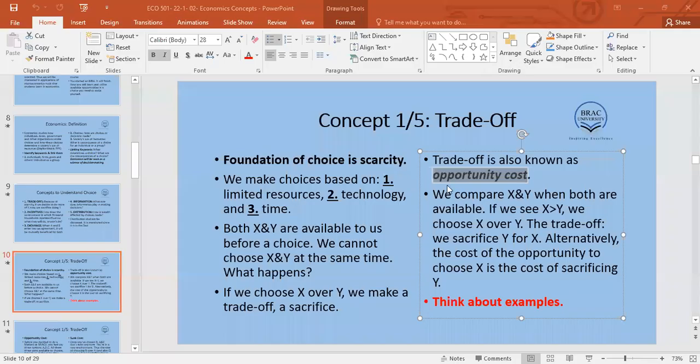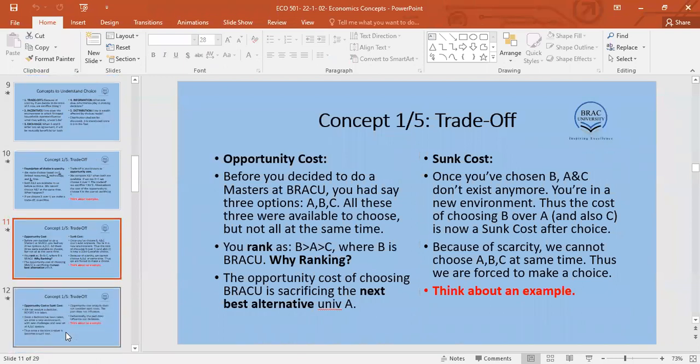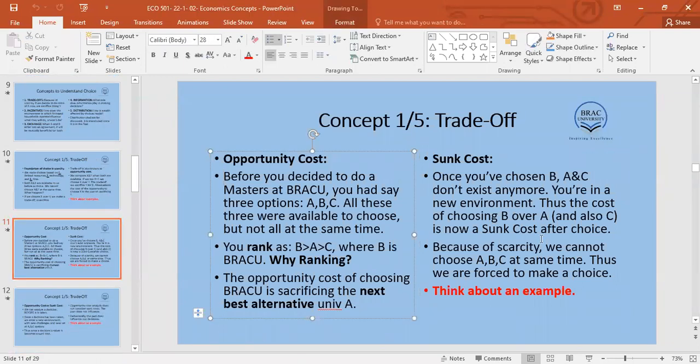These things happen, but in decision making we assume that, okay, that's done. We've already discussed this. Before you decided to do a masters at BRACU, you had 3 options A, B, C, you chose B. So here we give the ranking: B is better than A, which is better than C. Why ranking? Because we want to find out the best. At the moment we find out the best, we have also separated the better and the good in a descending ranking. Then we chose. Now once you've chosen B, A and C, the 2 options that were available before you made the decision, don't exist anymore. We are now in a new environment. Thus the cost of